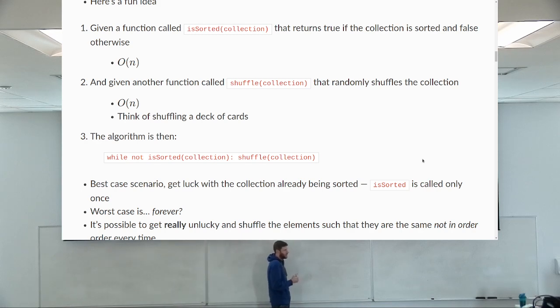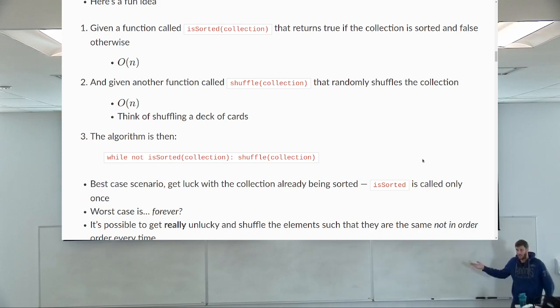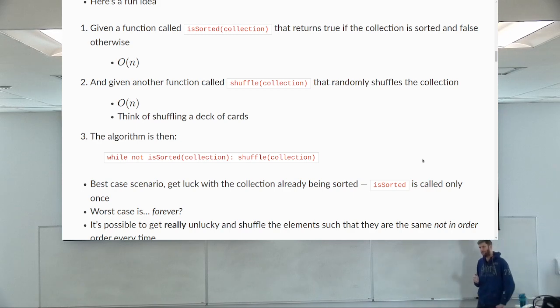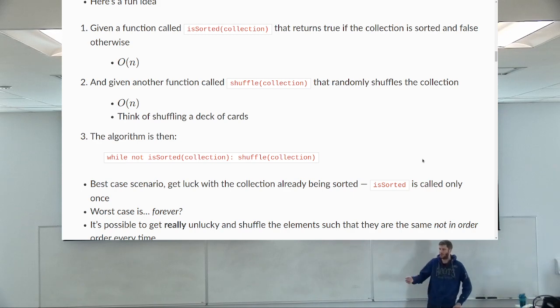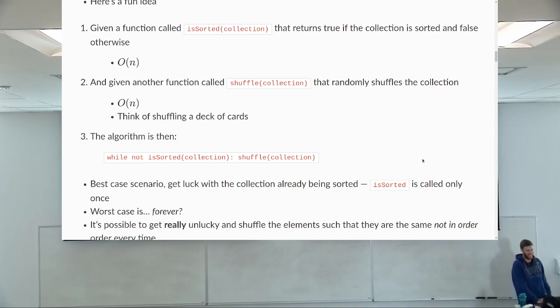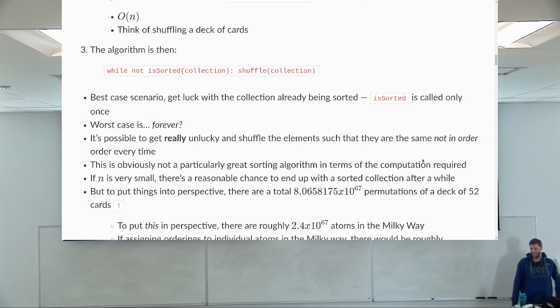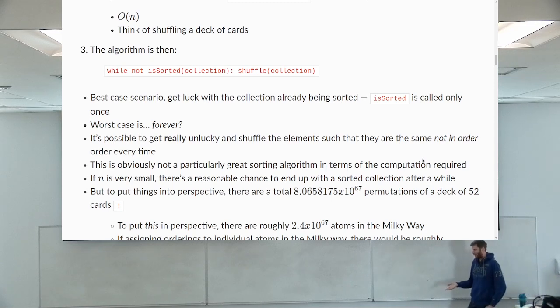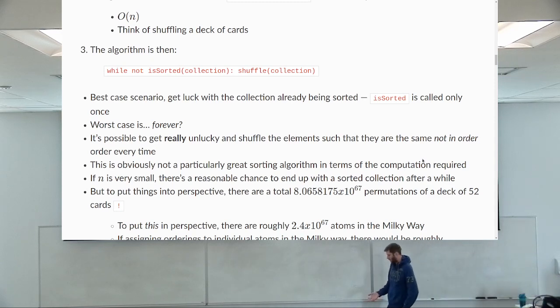So for this particular thing, best case scenario, we get lucky with the collection already being sorted. So I immediately check, is it sorted? It is. I'm done. It's linear time to check if it's sorted. But if it's not sorted and I need to shuffle it, I'm going to have to keep doing this. And, I mean, if I'm shuffling 52